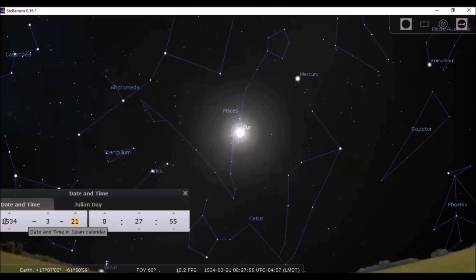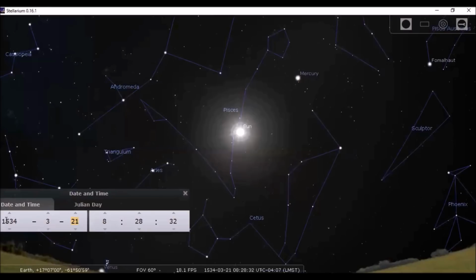That was not the Aquarius age, and it was not the Aries age, because the sun on the third is very important. Why 2,000 years? Because every 2,160 years, we are supposed to be in a new age. So in other words, if I'm to jump 2,000 years ahead of 1534 AD, that means in the third month, which is March, on the 21st day, we should be in the constellation of Aquarius and be perfectly in the Aquarius age.